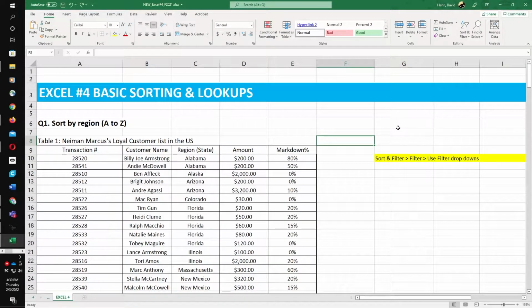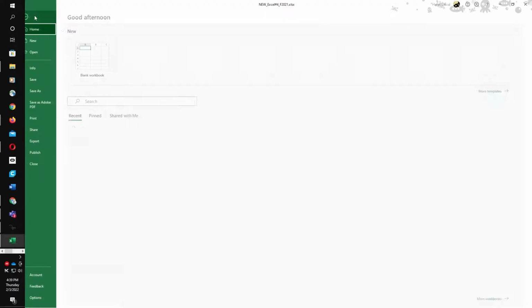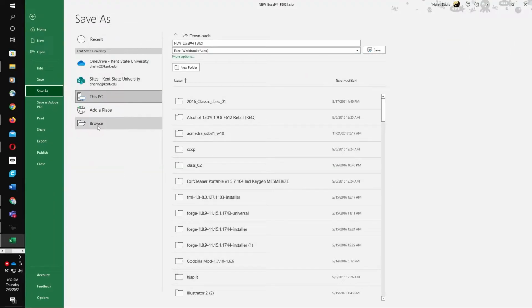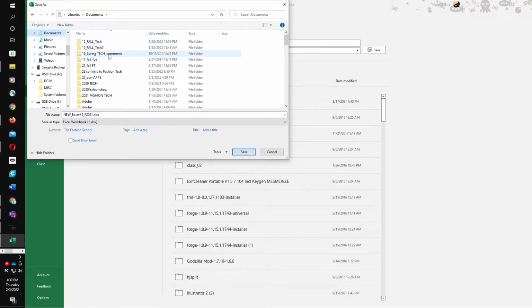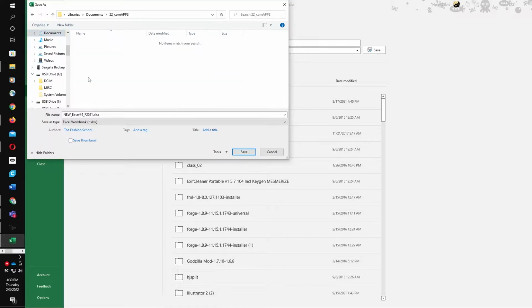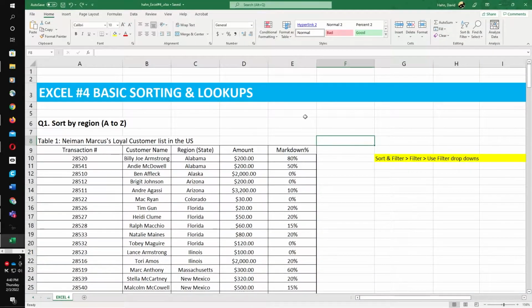Hello everyone, let's talk about Excel assignment number 4. I've downloaded the sheet from our Canvas page, and the first thing we do whenever we download a new file is of course save it someplace where we can find it. So I'm going to browse my computer and look for a folder. Hopefully I can find a computer apps folder, and let's change this name from new to our last name, Excel 4. All I need is your name and the Excel number, and we are going to be doing some sorting